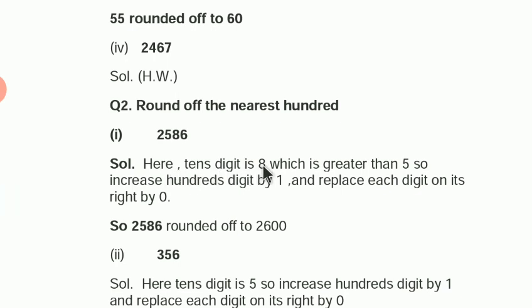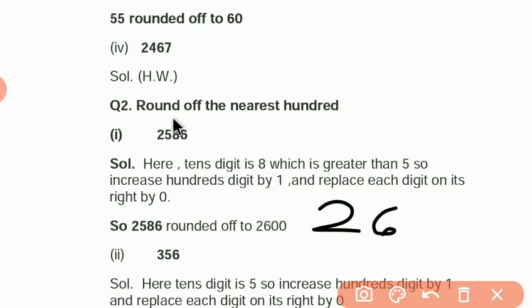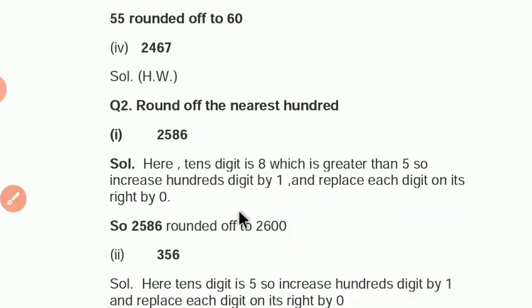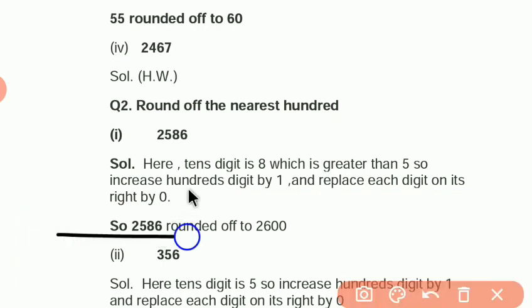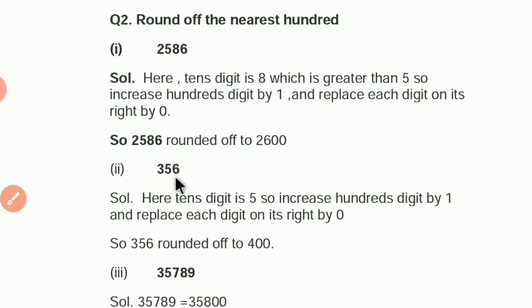And we will see its tens digit. So here tens digit is 8, which is greater than 5. So increase hundreds digit by plus 1 and replace each digit on its right by 0. Right means this side one, 8 and 6. So we have to replace 8, 6 by double zero, and you can see that 8 is greater than 5. So increase hundreds place, it means 5 by plus 1. So 5 plus 1, 6 and 2 will be as it is. So 2600 is rounded off nearest 100 for